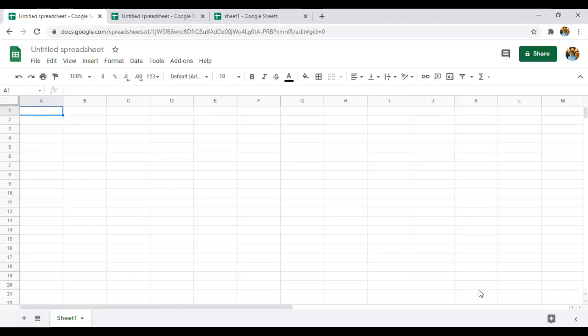Microsoft Excel was developed by Microsoft Corporation in 1987, whereas Google Sheets was developed by Google in 2006, as I told you in the introduction. MS Excel was released in a bunch.